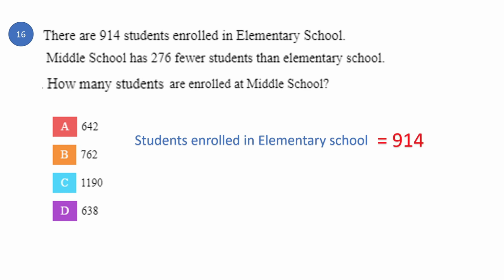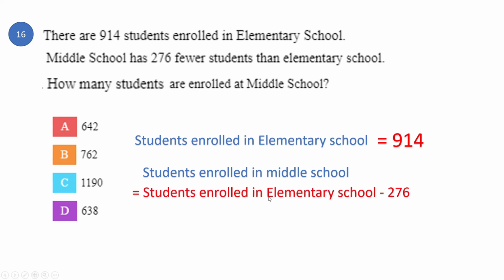Well, so the number of students in elementary school are 914 and the ones in middle school are 276 lesser than the ones in elementary school, which is this equation, and this is equal to 914 minus 276, which is option D, 638. A quick way to come to option D is just subtract the 1's place. So this would carry 1 from here, making it 14 minus 6, which is 8 in 1's place. So that's a quick way to come to the answer without solving the full thing. Let's go to our next question.